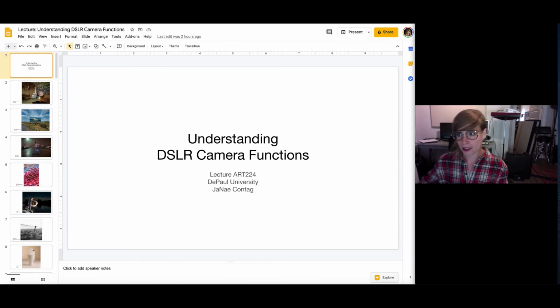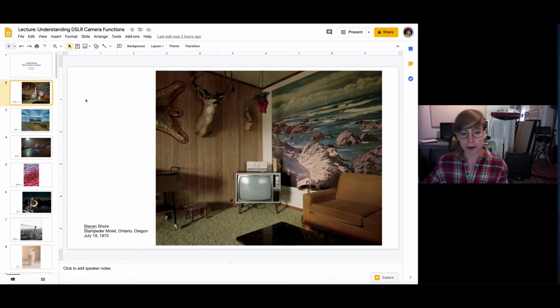So I wanted to start the lecture with a couple of images. This one is by Stephen Shore, and it shows this very 1970s looking television screen with a wood paneled wall, taxidermy. It's quite amazing. But one thing you'll note about this image is that everything in the frame of this photograph taken in 1973, everything in this frame is completely sharp and in focus. And this was a conscious choice on the part of the photographer to make sure that when we look at this image,